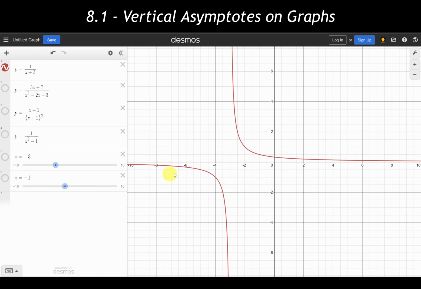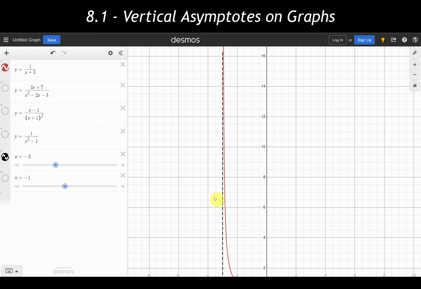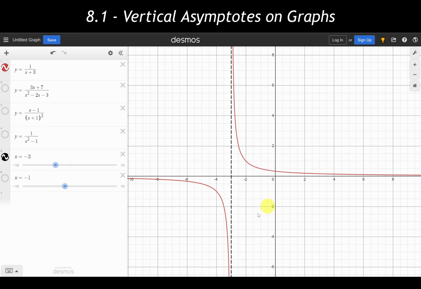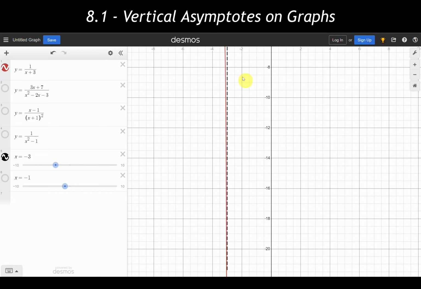So here's what the standard graph looks like. It's got a fairly unique shape and design. And because we're looking for vertical asymptotes, we're noticing that the graph gets closer and closer and closer along the x values to this -3 right here. So I'm going to put in another vertical line here just to show that line. If we move up on this red line, which is the actual graph, it gets closer and closer to an x value of -3 from the right side, and same thing from the left side, it's getting closer and closer to -3, but it never actually reaches there.